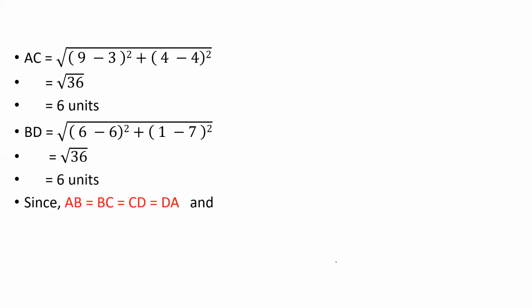Since all four sides are equal, that is AB, BC, CD, and DA, and both diagonals are also equal, that is AC and BD, I can say that ABCD is a square, and Zarina's statement is correct. This is the concept of the distance formula from the chapter coordinate geometry. Here we discussed three different levels of questions: level 1, level 2, level 3. Go through the textbooks or any reference materials to get command or perfection in this concept.